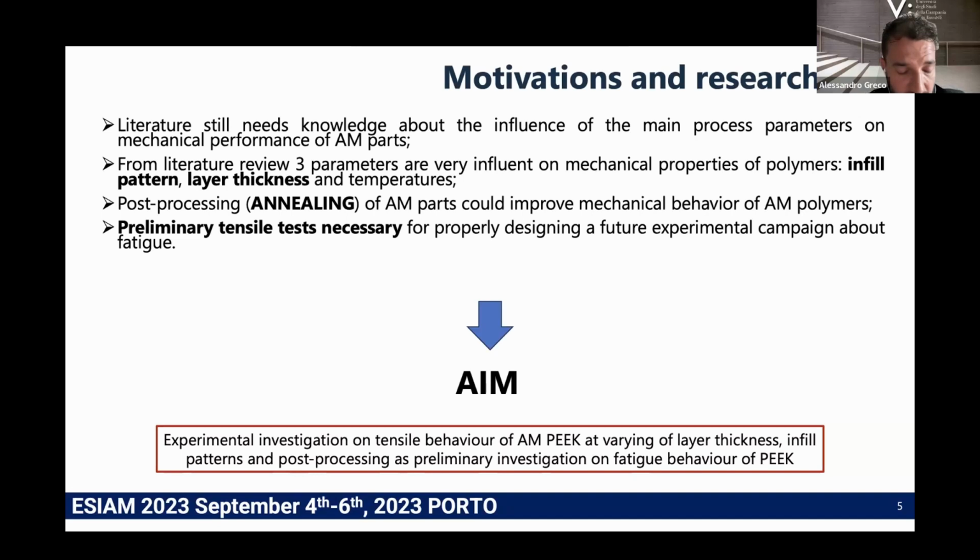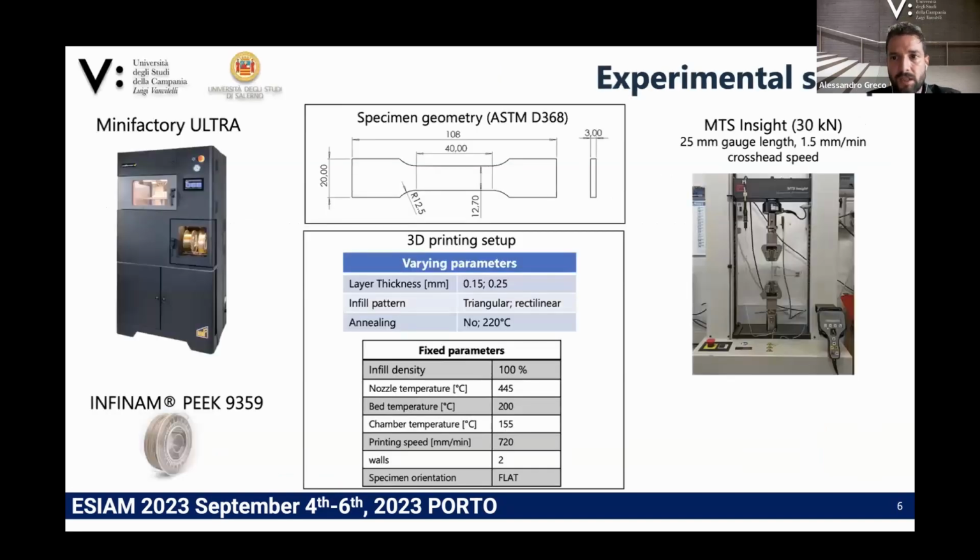So the aim of this research is to carry out an experimental investigation on tensile behavior of additive manufacturing PEEK by varying the layer thickness and the infill patterns, and considering also eventual post-processing, specifically annealing. So a series of specimens are built, or will be built, with the geometry according to ASTM D638, and they will be produced by Minifactory Ultra, that is an industrial 3D printer that we have at disposal in